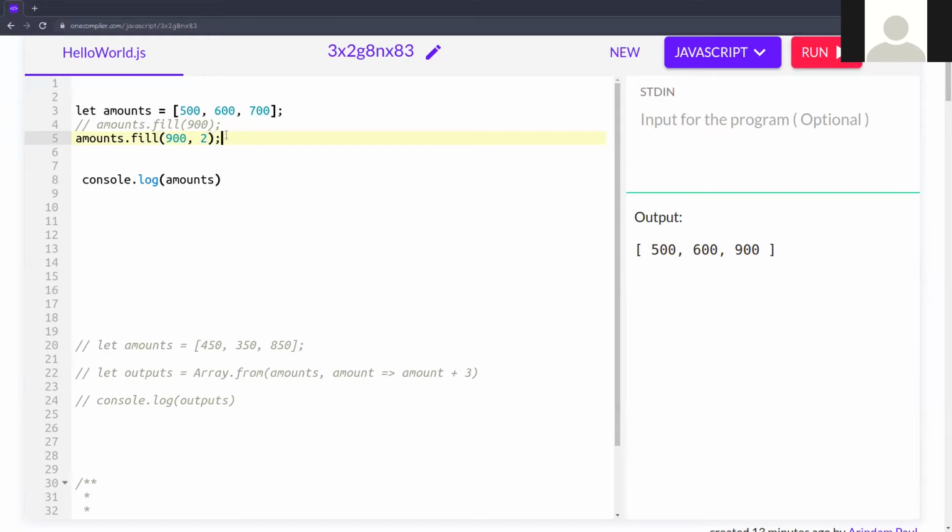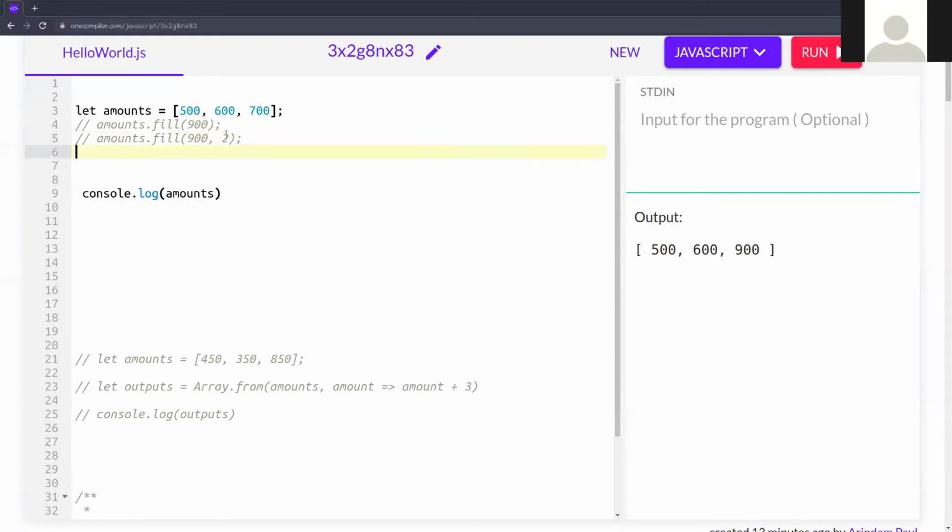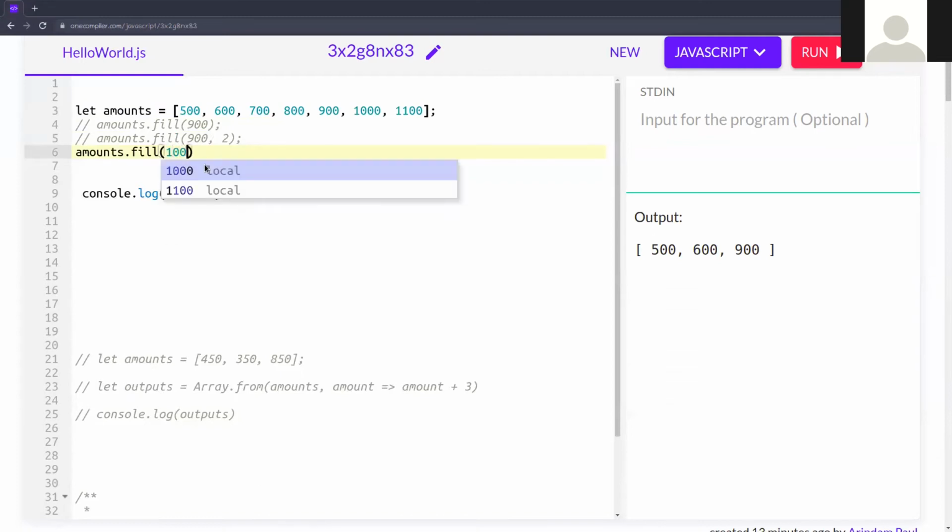If you want to fill any value at a particular index, then you can do it like that. Okay. And next you can do another way, like amounts dot fill. I'm just giving 800, 900, 1000. Okay, so I want to fill 100.